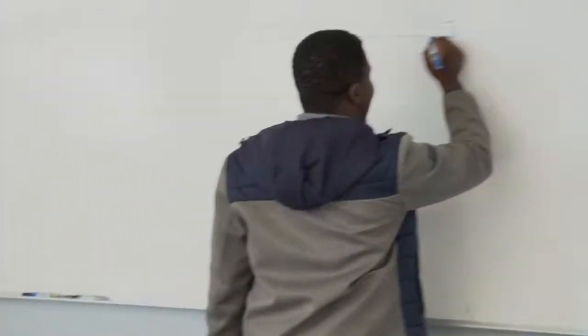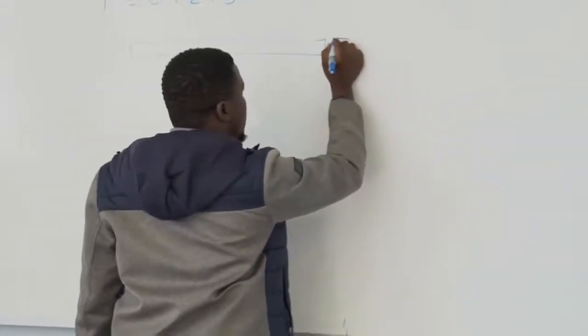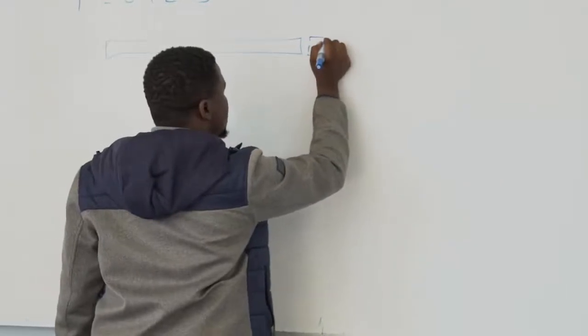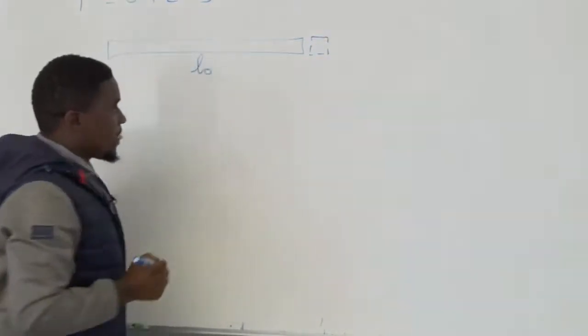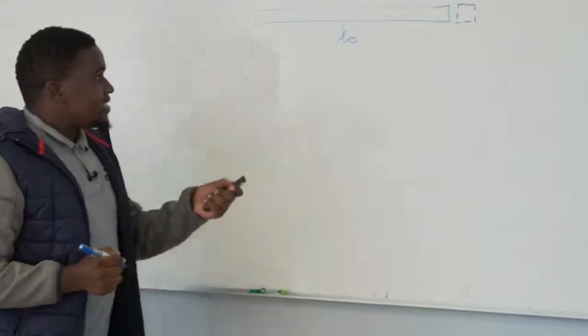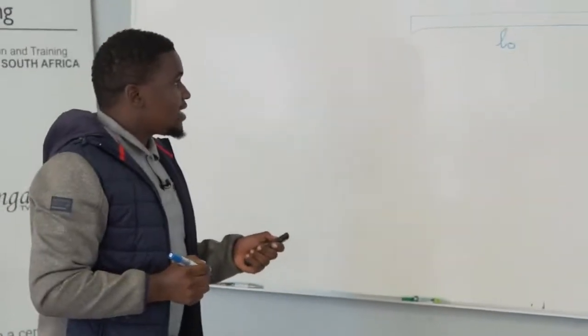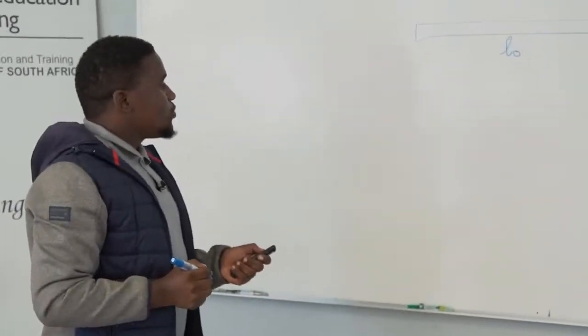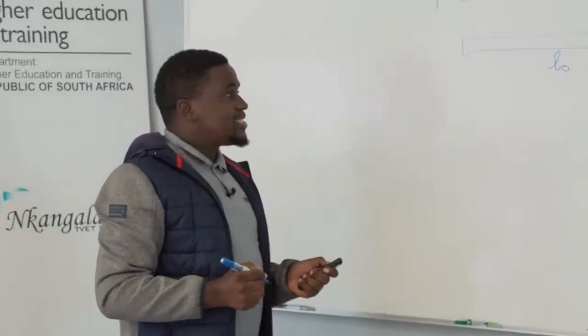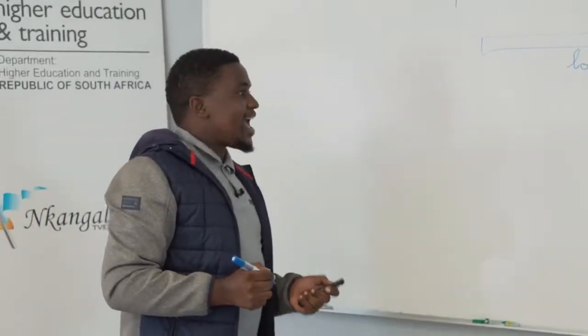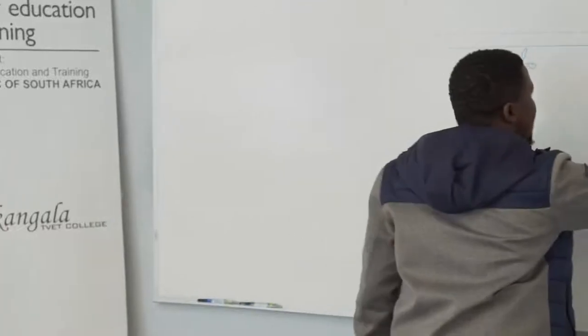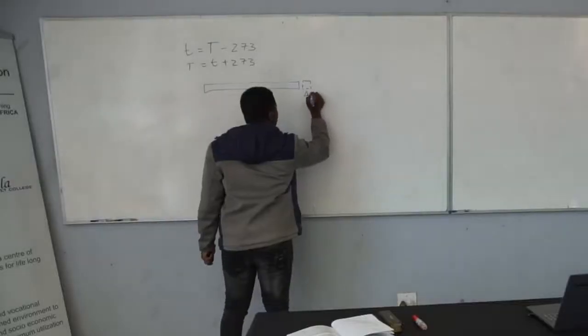This aluminum rod will increase by a few small millimeters. But these small millimeters are so small that we cannot see them with our naked eyes, and we call them delta